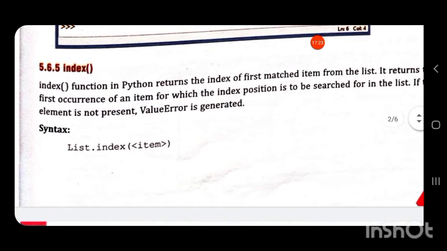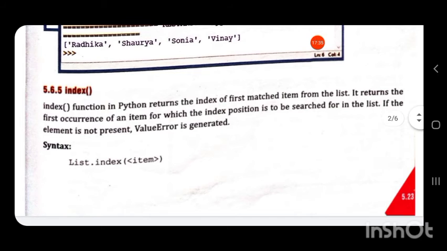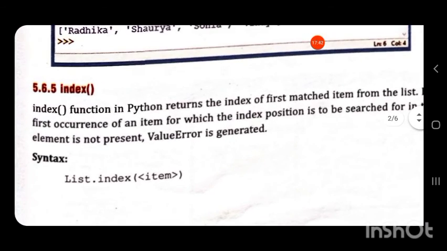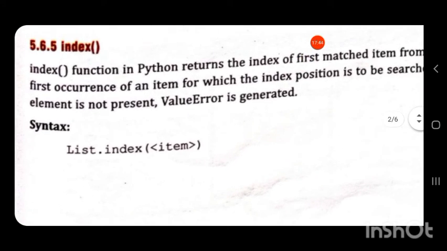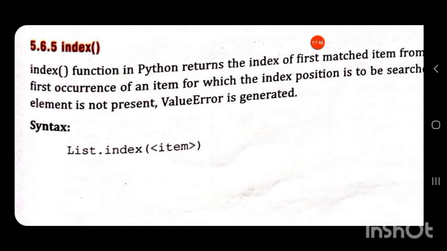By passing the value into the index function, we can get the corresponding index position of that value. If that particular value is not present in the list, then it will generate an error called value error. The syntax of this index function is name of the list dot index, in brackets the value for which the index is to be found out.